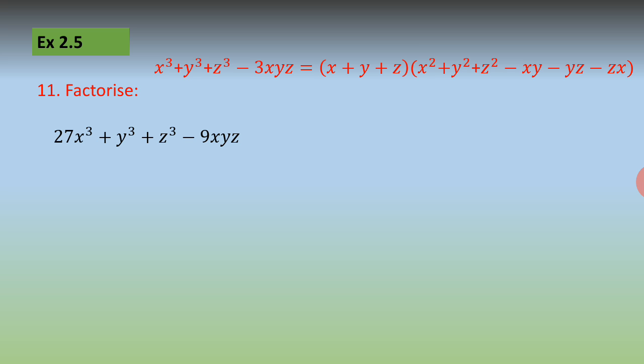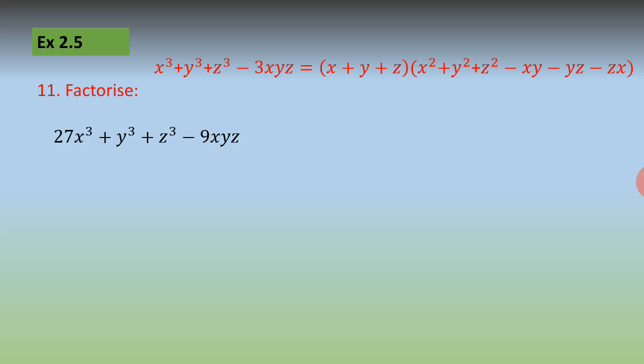Here question number 11 is factorize. Now this is the identity, one of those which we have already studied. It's flashed here on your screen. This is the question. If you look at the question, it resembles the given identity and it resembles its left hand side. When factorized, it will be giving you the right hand side of the identity. But beforehand, let us select our x, y, z.